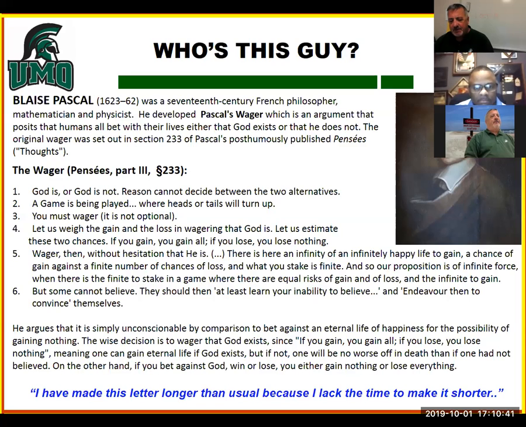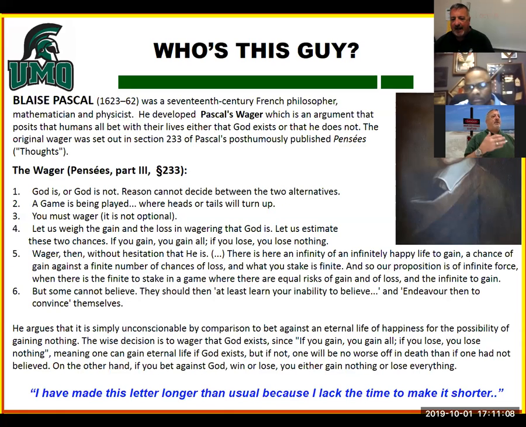And it kind of fits within a couple of things I was thinking about this week. But it's an argument that brings forward to the human, we bet our lives that either God exists or he does not. So how is that wager laid out? Well, on this slide, I kind of talk it out. The wager has 6 parts to it, okay, and he's defining the rules.